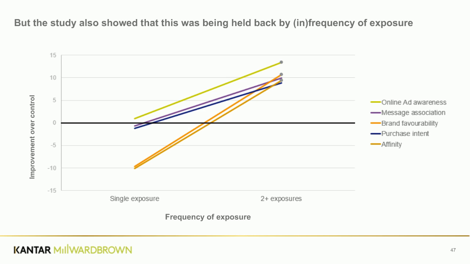So if we split out those same results by people that just saw the piece of creative once versus people that saw it 2 or 3 plus times, we see that when you've seen it multiple times, the ad has had much more ability and chance to impact your brand perceptions, and we do start to see a strong impact over the control group. And this makes sense if you think about how advertising works. It would have to be a very, very strong piece of creative for one view to suddenly impact your overall attitudes and opinions that you've had for years.